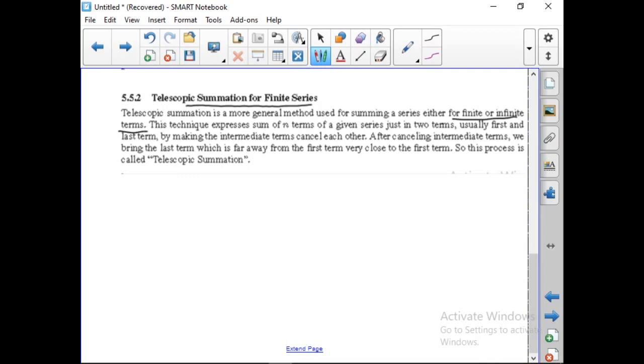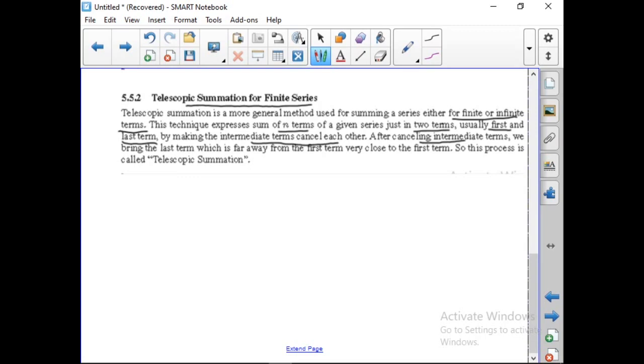This technique expresses the sum of n terms of a given series in just 2 terms, usually the first term and the last term. Okay, the first term and the last term alone will be left and all other intermediate terms will cancel each other. So, after cancelling the intermediate terms, we bring the last term, which is far away from the first term, very close to the first term. So, this process is called